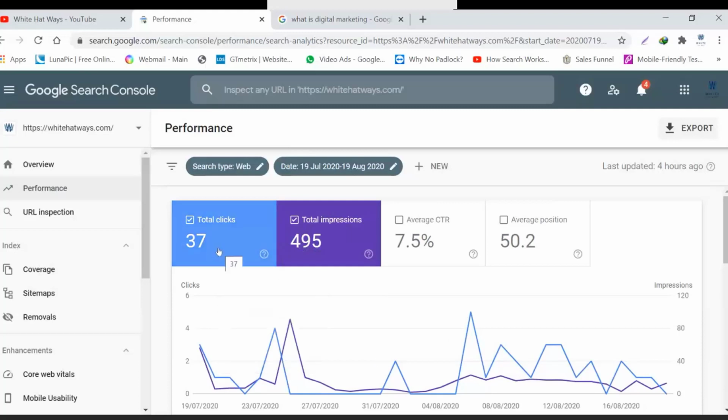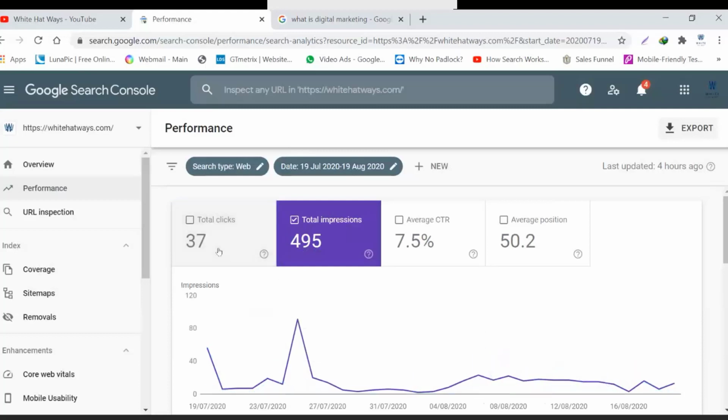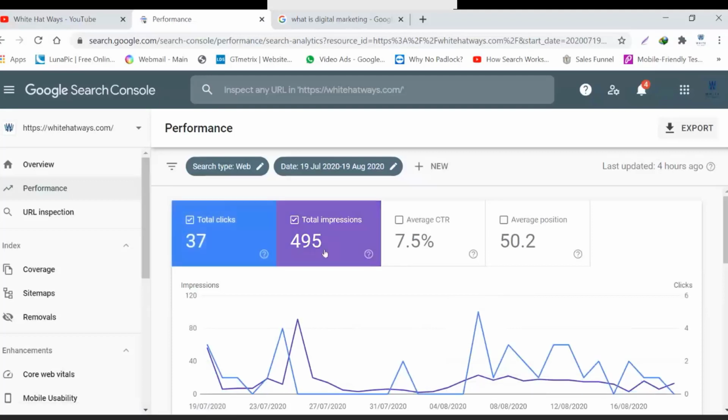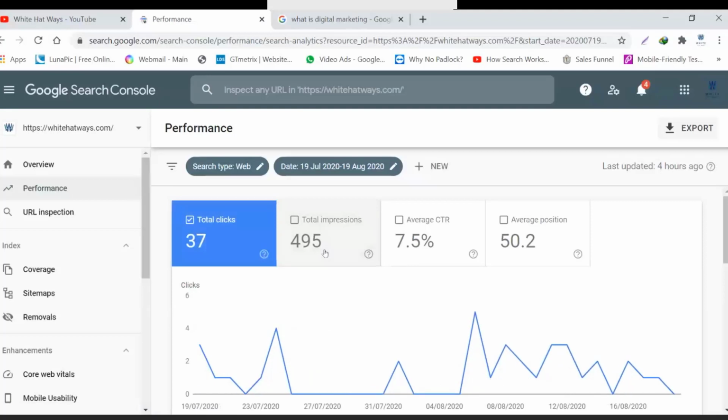So these are the total number of clicks. If I click over here, I am only left with impressions. So as you can see, now I am only left with impressions. In case I just want to check out the total number of impressions and I'm not concerned with the clicks, I can just stop it from here. Similarly, if I want to just see the clicks, I can just click here and I'm only left with clicks. So let's say I don't want to see how many impressions in lieu of the clicks, I can simply click here and switch it off, and now I can just see how many clicks I got on which date.